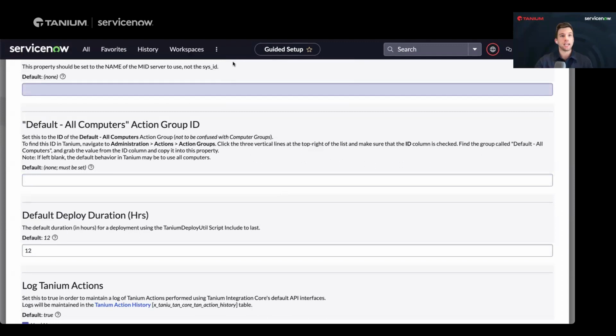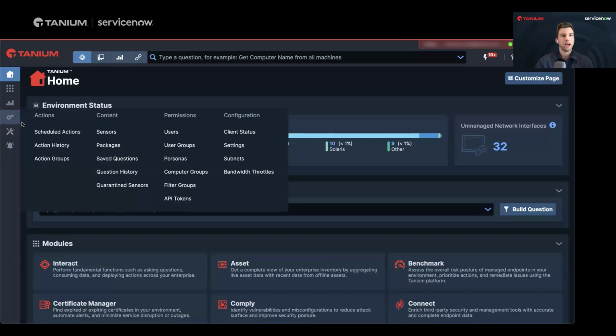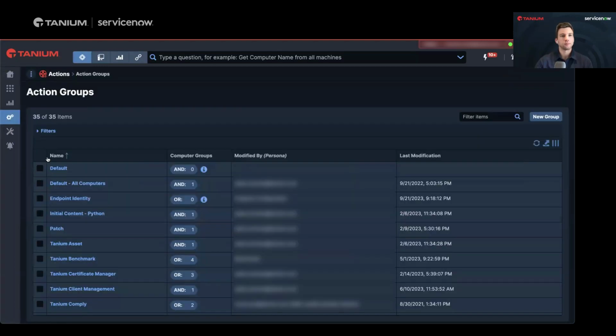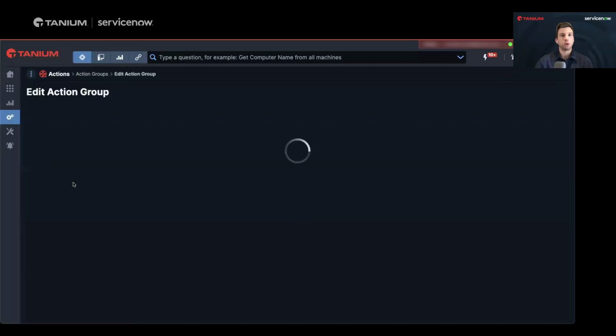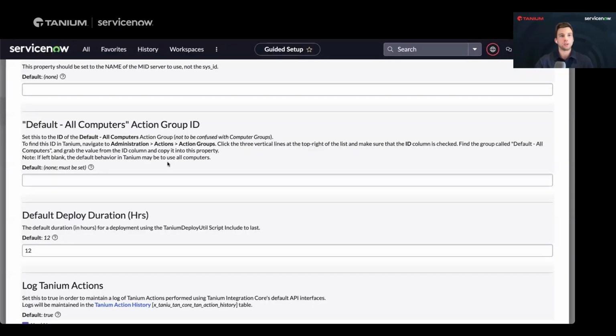I'm going to jump back into Tanium. We're going to go to administration, actions, action groups. So administration, actions, action groups. I'm going to find my default all computers, and then I'm just going to grab the ID up in the URL for this action group, come back into ServiceNow, and I'm going to paste this ID into this action group